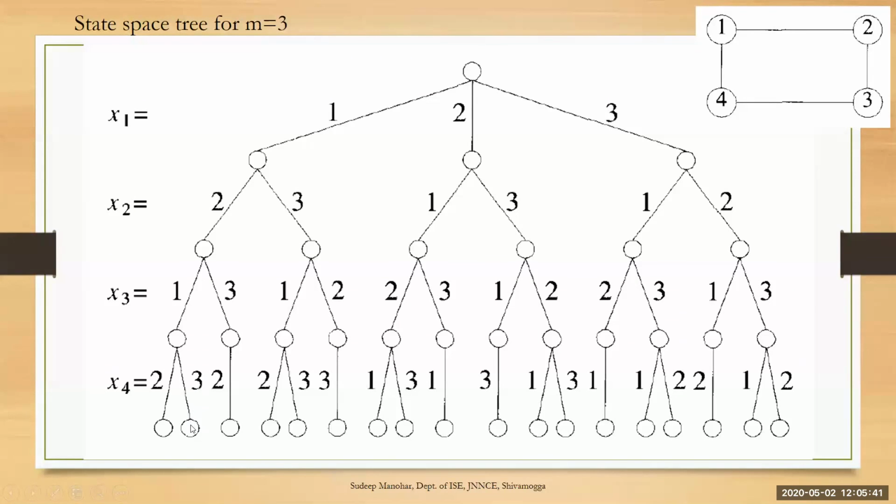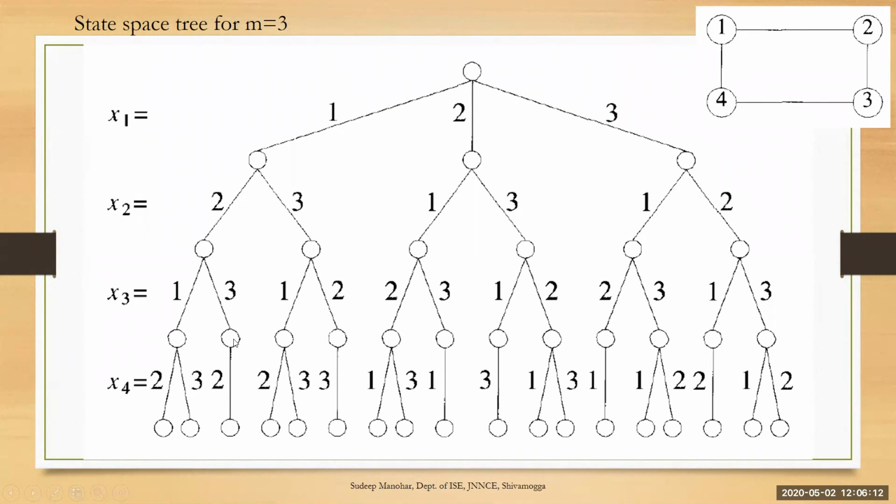Now backtrack to the previous step. Can you increment the color to 4? No, you cannot increment. That means you have exhausted all the colors for vertex number 4. So now go back to the previous step. When you backtrack to this step, we have just used color number 1. So still 2 colors are left for vertex number 3. So come to the next level.